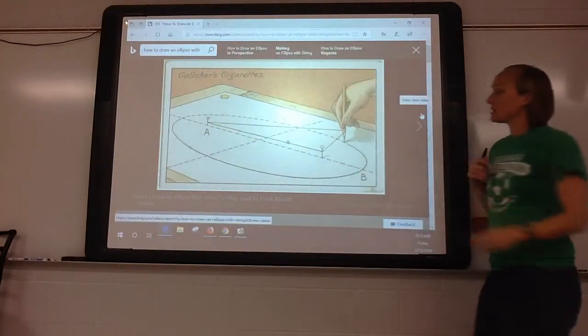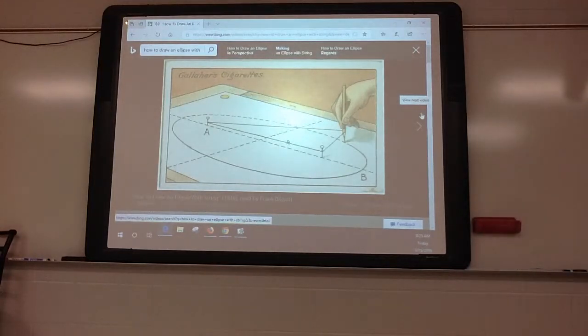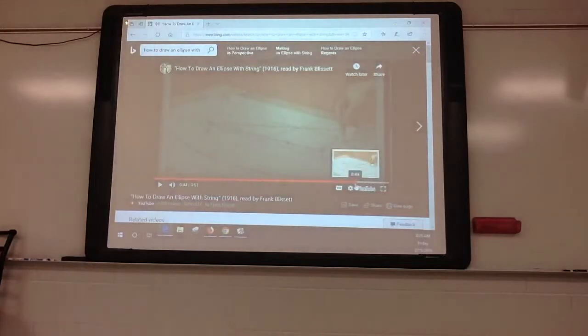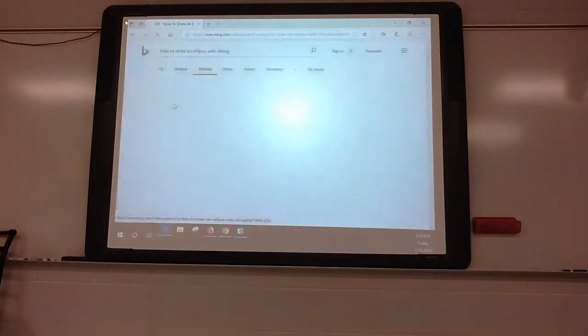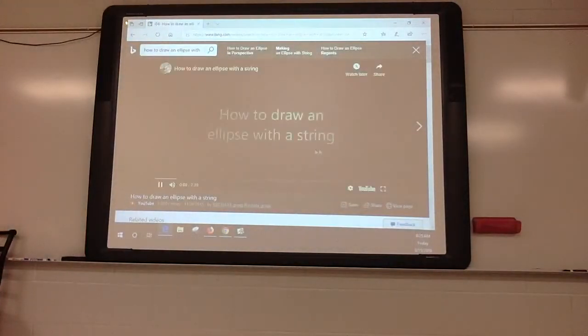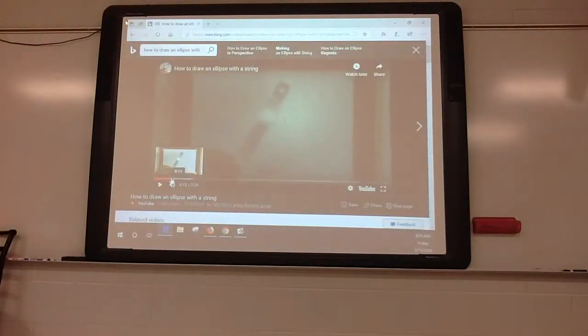So if you have a certain size string, then it's going to stay the same at that point. So if you want to draw yours, this one does not show it. No, hold on. I'm going to find a different one. I think this one shows it. Yeah, there you go. So if you want to draw your ellipse, all you essentially do